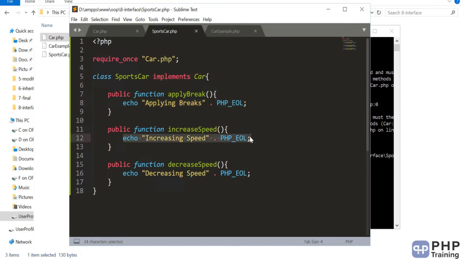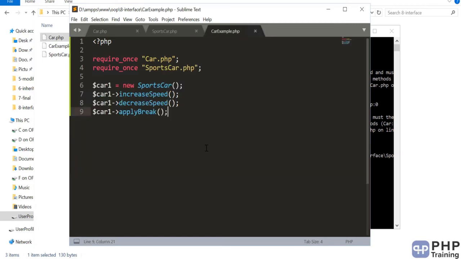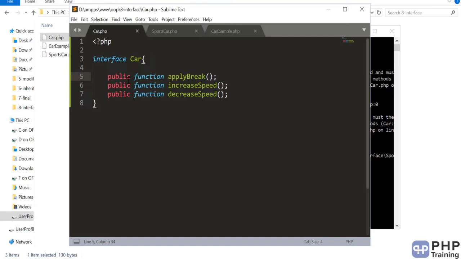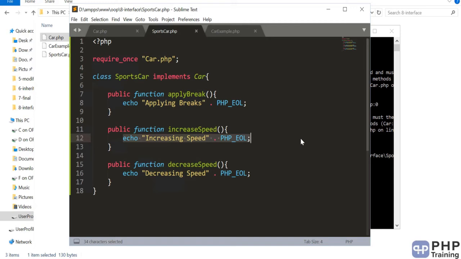defined there. Okay, if you miss any of the methods and you don't implement them, creating the instance and then you call those methods. Okay, the most important thing is to understand how to define an interface and how to implement that interface. Okay, so that's all the example about how to declare and implement interface, and I'll see you in the next one.